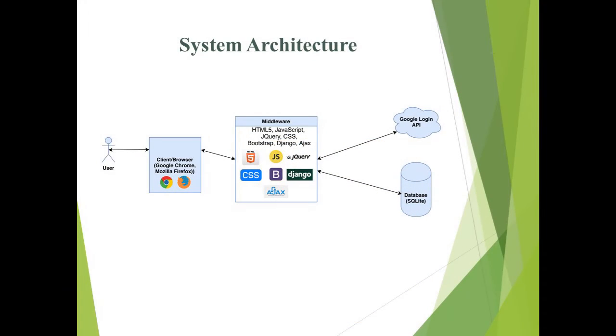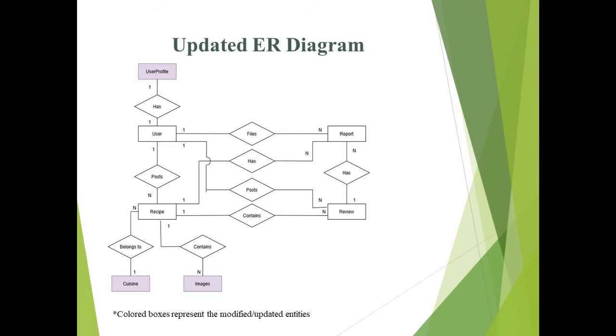Now, for the technical aspect, Breaking Bread is based on the initially proposed system architecture. The only difference is that we decided to use Google Login API instead of Facebook. For this to be achieved, the ER diagram was modified such that we now have 3 new entities: user profile,